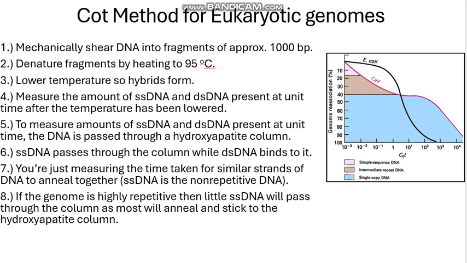So, like I write in step 7, the single-stranded DNA is the non-repetitive DNA, because it hasn't found a complement, because there's probably only one complement in the entirety of the genome that it can bind to. Whereas repetitive elements have multiple complements that they can find, because that section of the DNA repeats in the genome. If the genome is highly repetitive, then little single-stranded DNA will pass through the column, and most will anneal to the hydroxyapatite column. So if we have a quick look at the COT curve to the right,